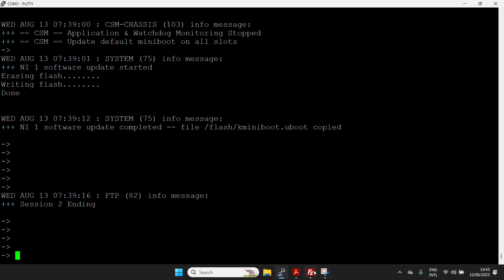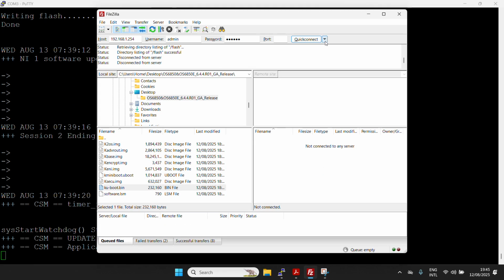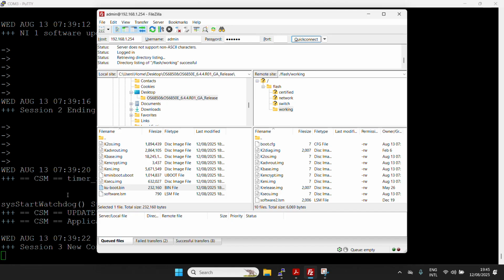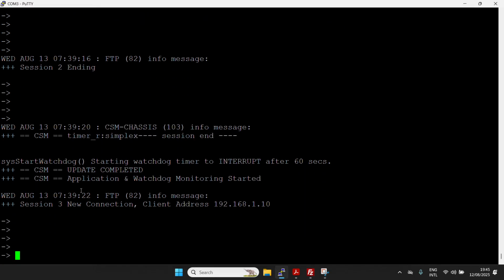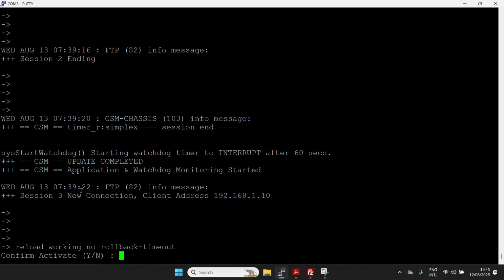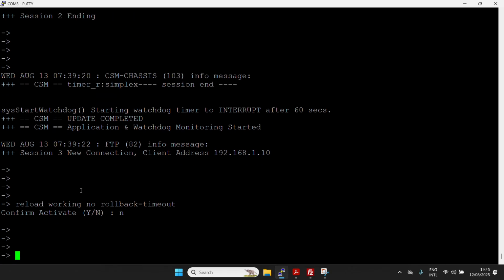And after that, if you wish, you can remove these two files once this is done. But I would suggest removing those files after the reboot. So let's reload the switch once, reload working, no rollback timeout. Oh, sorry, before doing that, verify that your directories are